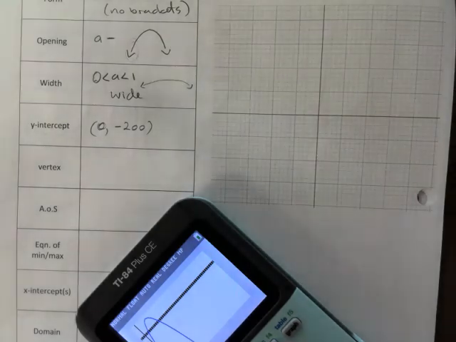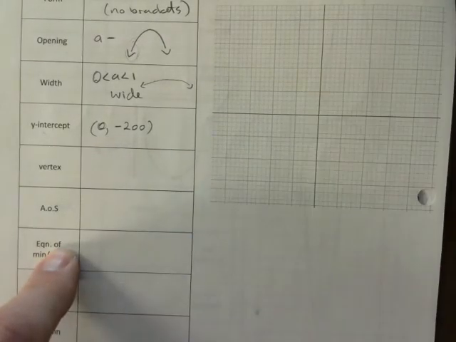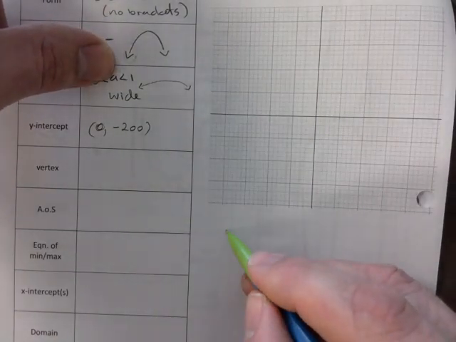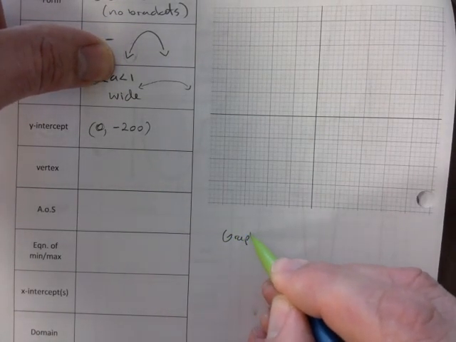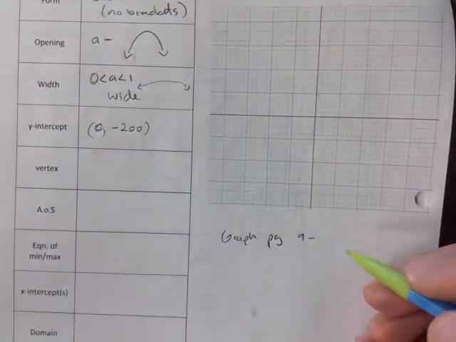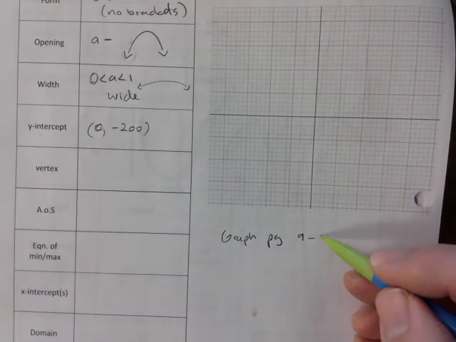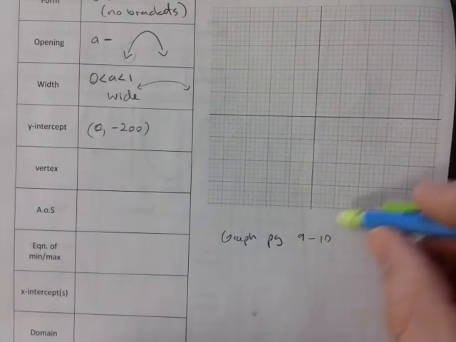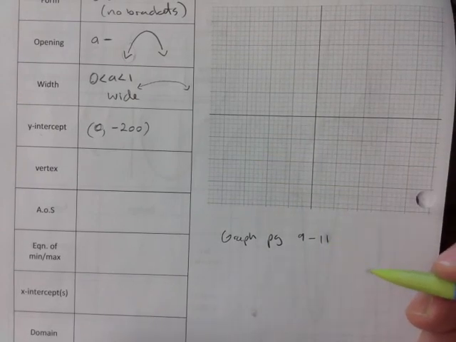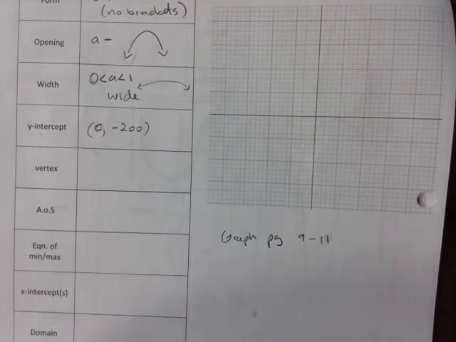I want you to try to graph pages 9 to 11 on your calculator. Okay? You already did 9. Okay? You did 9, but how about this? 9 to 11. How about you clear whatever was on your screen, go zoom standard, and then try to replicate